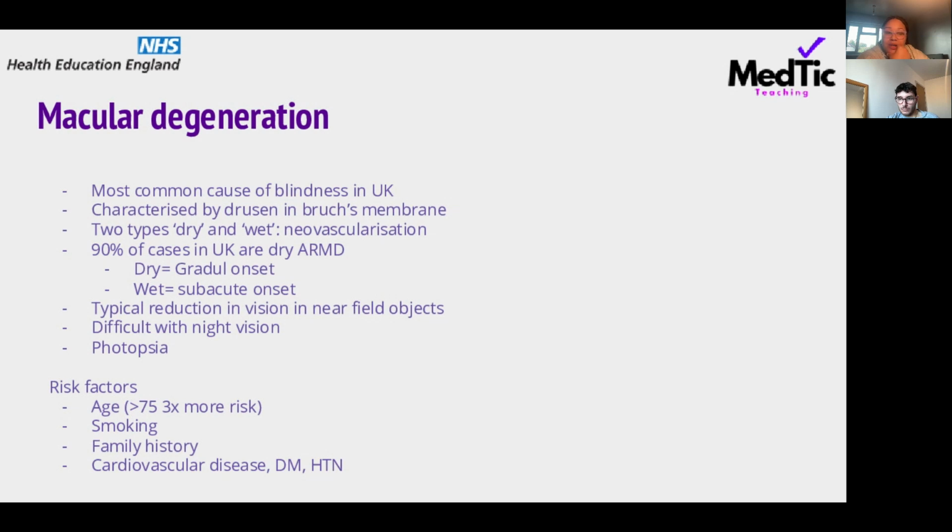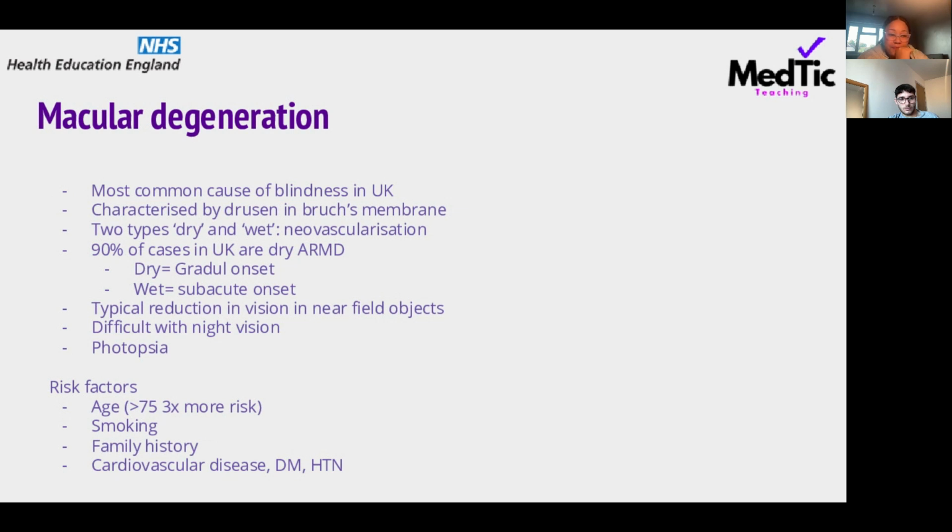So macular degeneration is the most common cause of blindness in the UK. It can be characterized by two types, wet and dry. Dry is a gradual degeneration of the macula, compared to wet, where you see choroidal